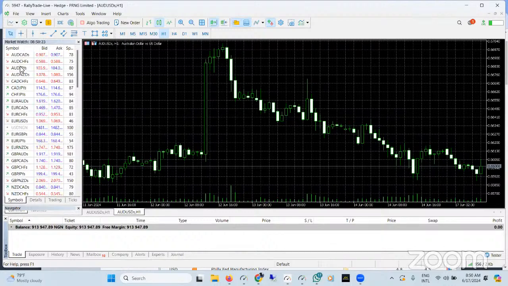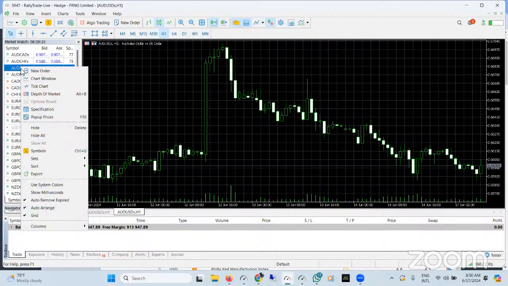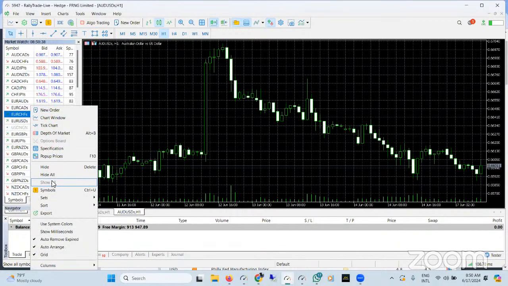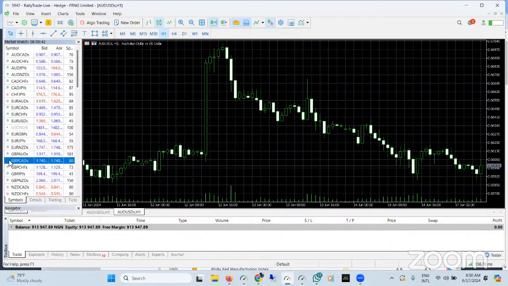Simple. So this is my market watch. I'll normally right click and click on show all. If you cannot see what you're looking for, the first thing you want to do is to come to market watch like so, put your cursor inside of it, right click and click on show all. The show all should be clicked. That will enable you to see all applicable instruments on your account. And then you can scroll down the list and look for gold.